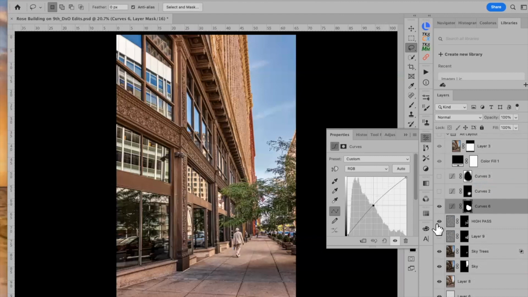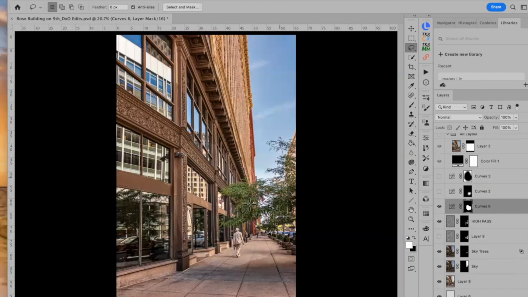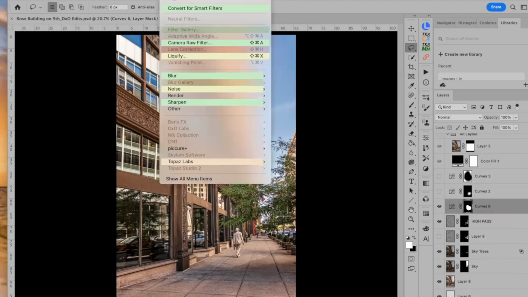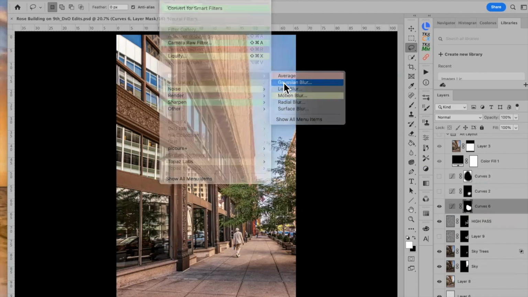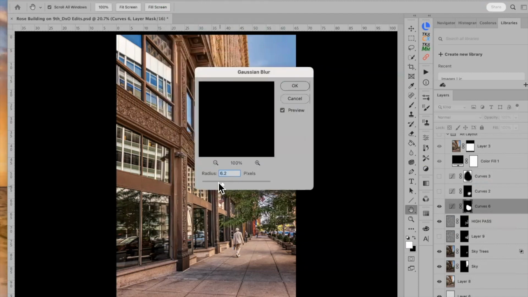About like so, like I'm making a spotlight. So I put a spotlight on this. The only problem is that I've got this really hard line here, so it's not very subtle. So I'm going to take that mask. I'm going to use filter, blur, Gaussian blur, and I'm going to make it very blurry. I usually make it up to being